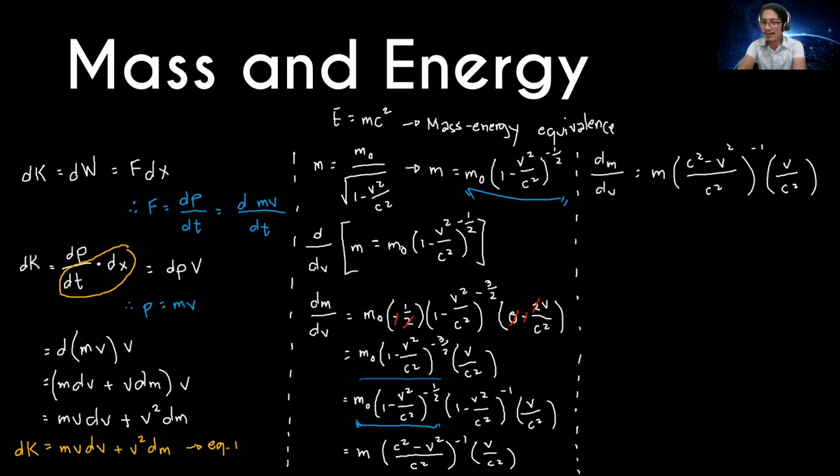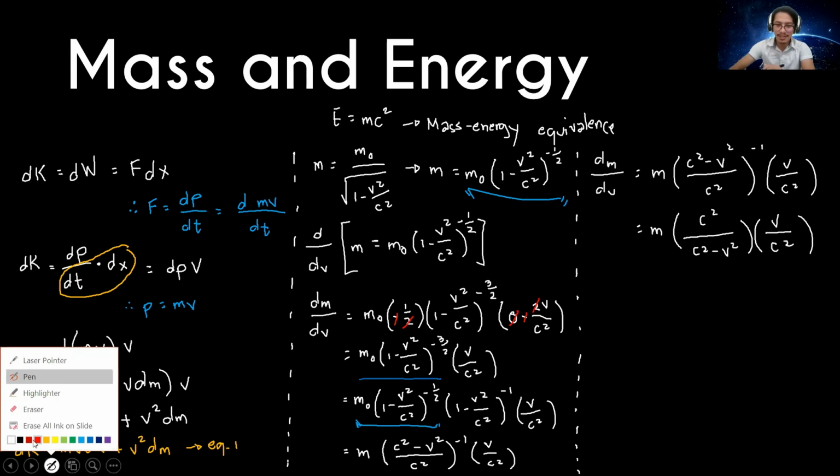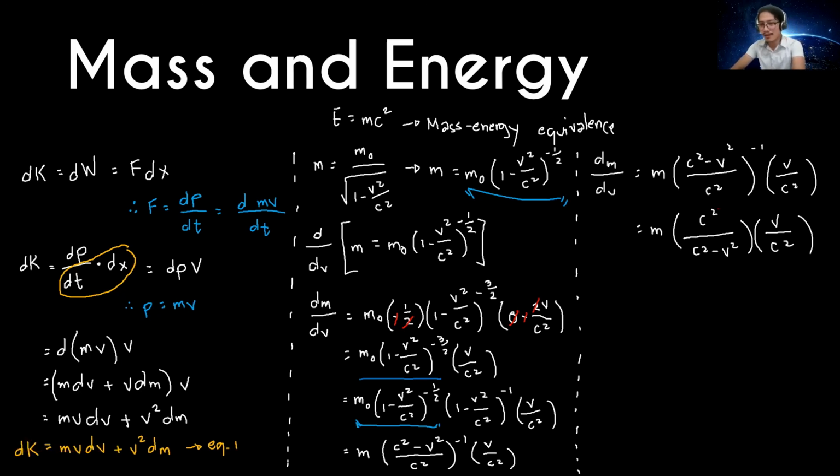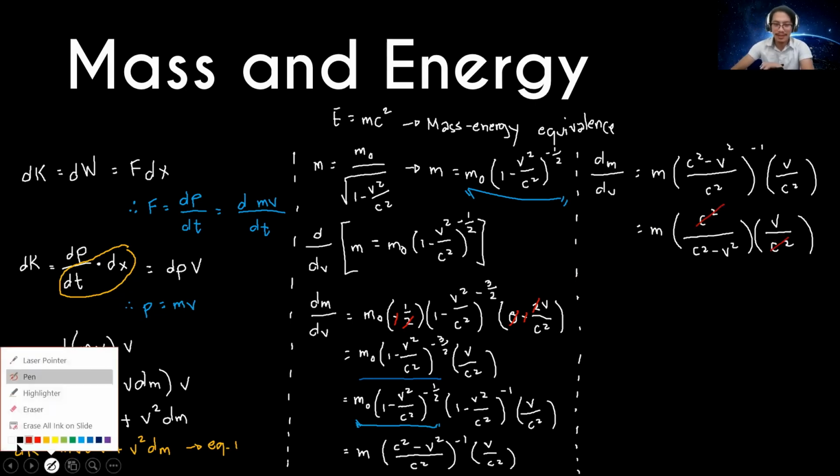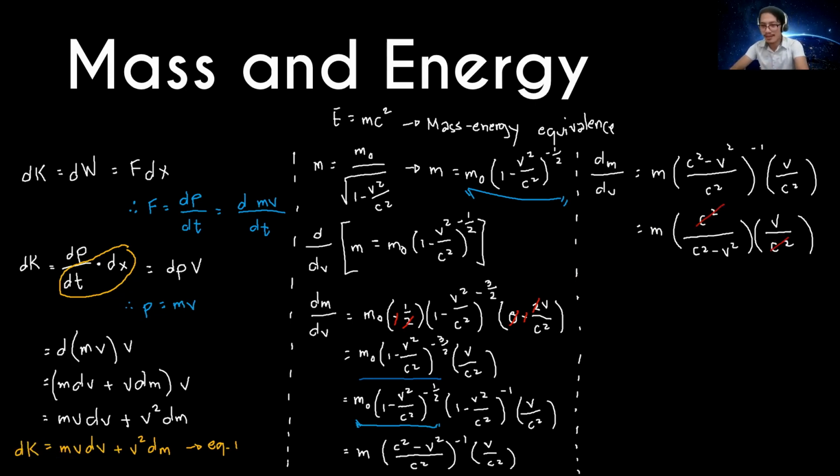So, ibig sabihin, pwede natin siya i-reciprocate. So, this will become m times, reciprocate yan, si c squared na sa taas, si c squared minus v squared na yung nasa baba, kasi negative 1 yan, times v over c squared. Ano yung mag-cancel dito? Mag-cancel si c squared kasi may c squared sa numerator and then may c squared din sa denominator. So let us cancel c squared. Okay? So ano na lang yung naiwan sa equation natin? Ang naiwan na lang sa equation natin is dm